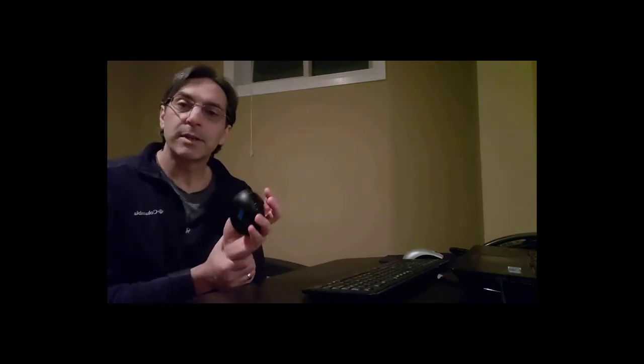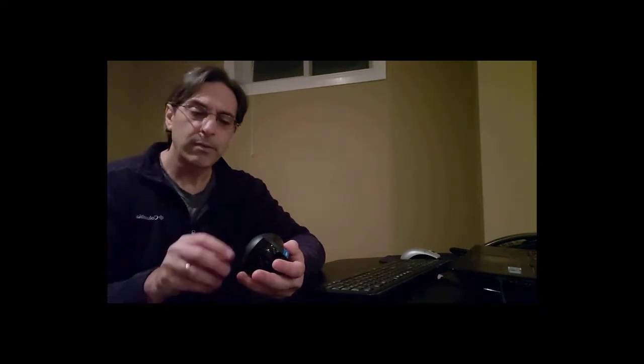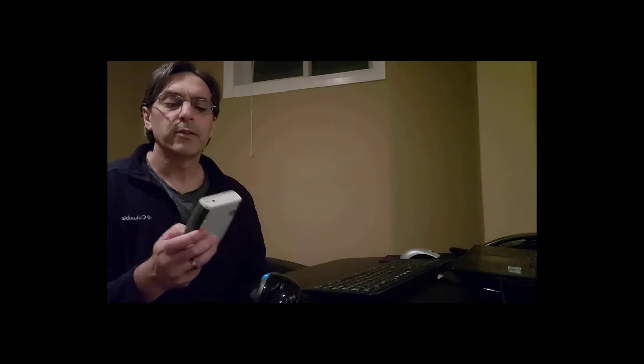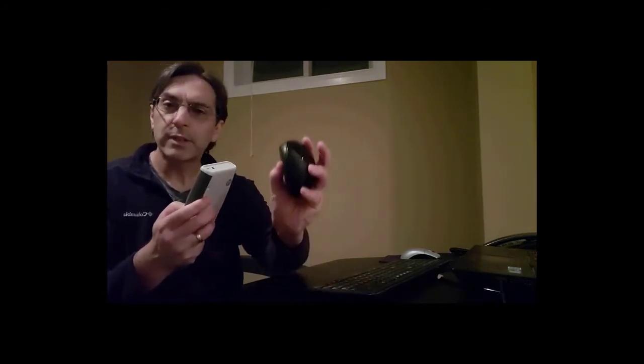Number 1. This is a really great ergonomic mouse. I had to get this because there was a time when I couldn't hold on to a regular flat mouse. I was getting issues with my hand, so I went to this one. But then I had some issues with the fact that this emits high Bluetooth signal. So if I turn on my RF meter, there's no noise. Now, excuse the high pitch that you're about to hear. As soon as I turn this on,